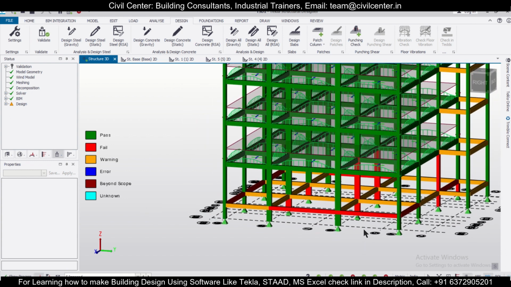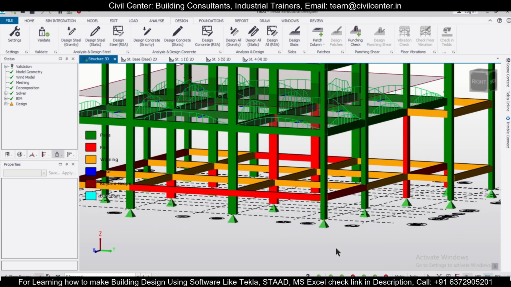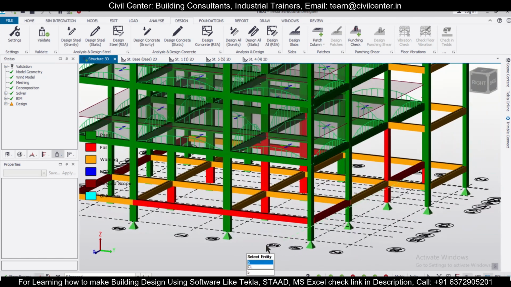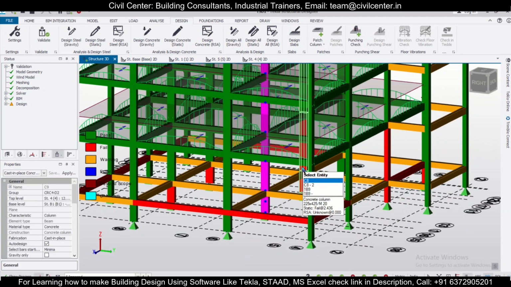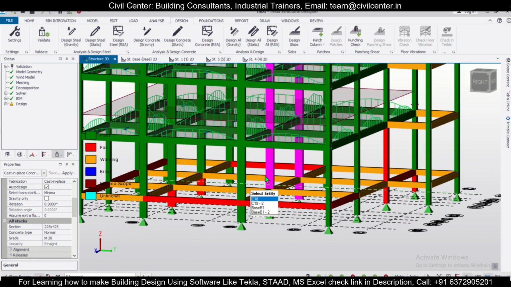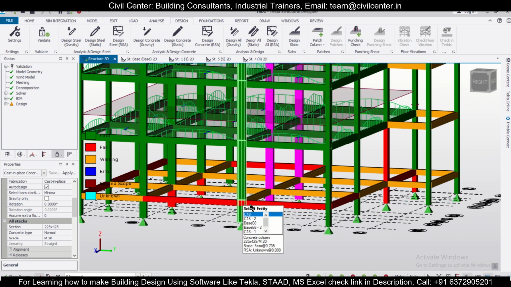So we have done this up to this, and now as you can see here, some of the parts are failing here. For these two, I think loads are more here, so we'll increase. As you can see, this size is 425 already. This is 425, this is 425, this is 375.